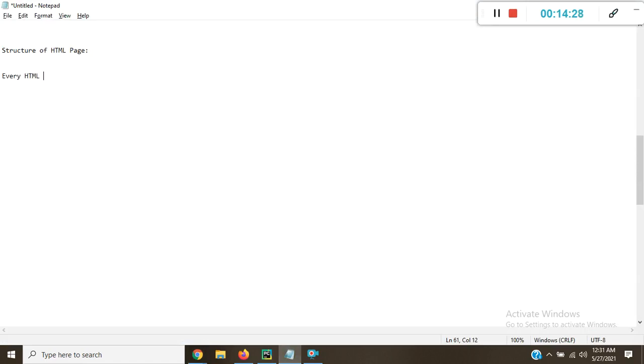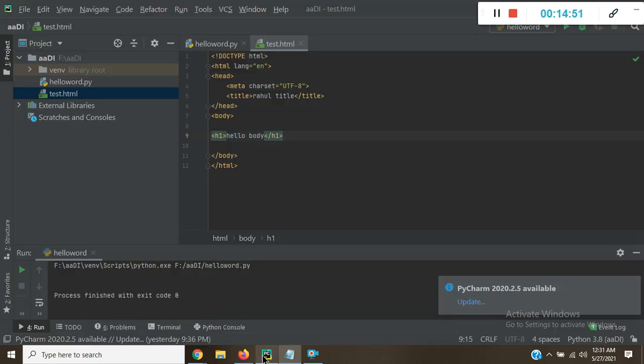Every HTML page contains two parts. First is head and second is body. This is our head and this is our body.